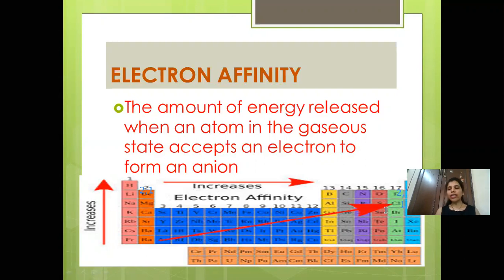Now we talk about the next part. Now as you can see that the atomic number for lithium is 3, so number of protons is 3. What is for fluorine? The atomic number is 9. So number of protons is 9. So what is happening with respect to the nuclear charge? More the number of protons, more is the nuclear charge.